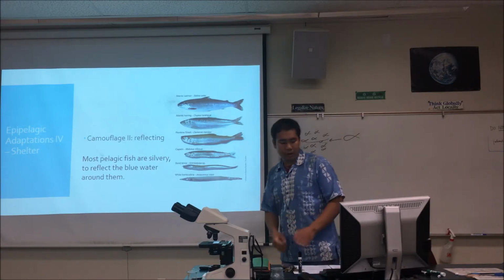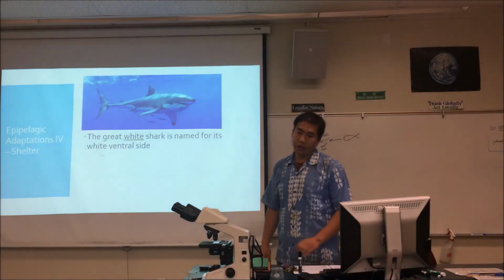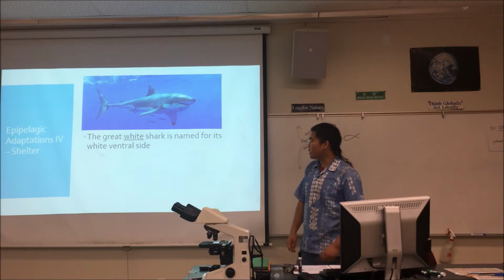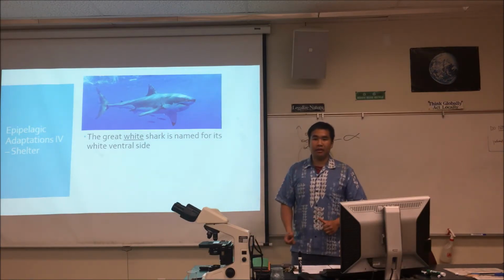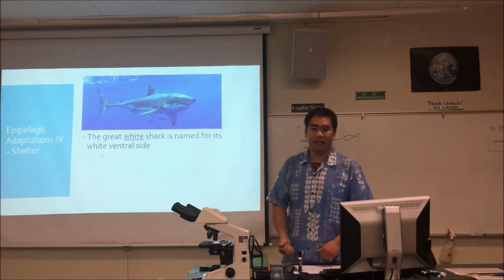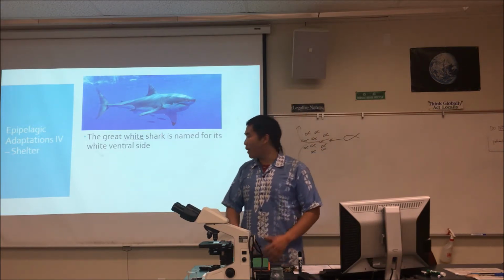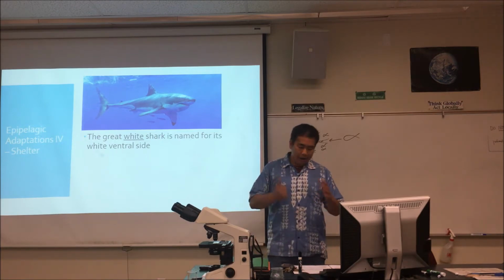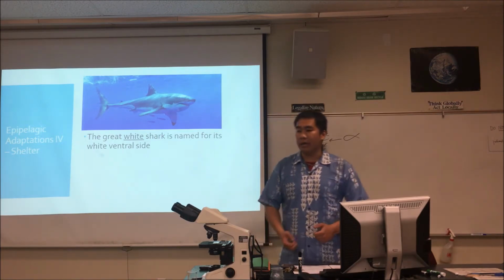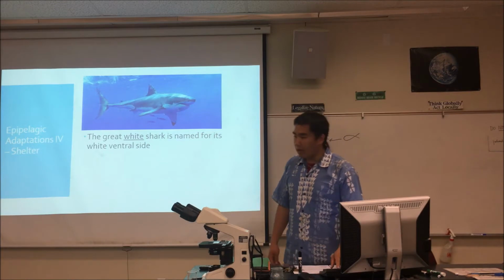Okay, and then the last one is having two tones like this. Here is a great white shark. Why do we call this a great white shark? Because its body, its belly, its ventral surface is white. But I have to say that this is a very dumb name, because let me show you what else is